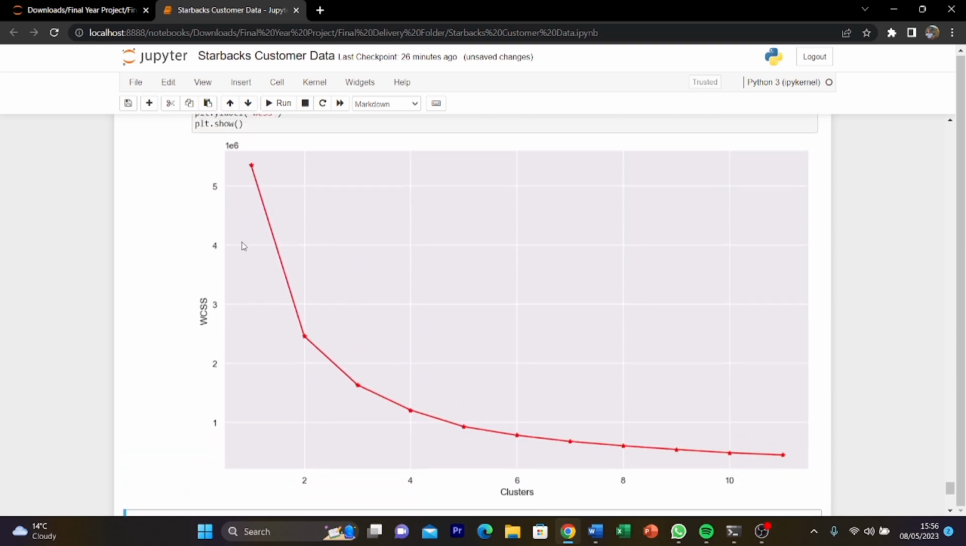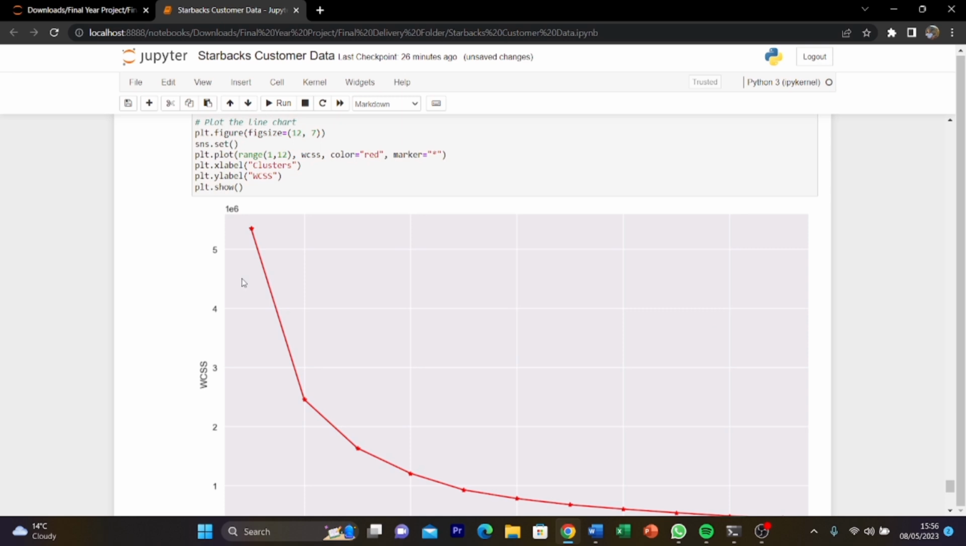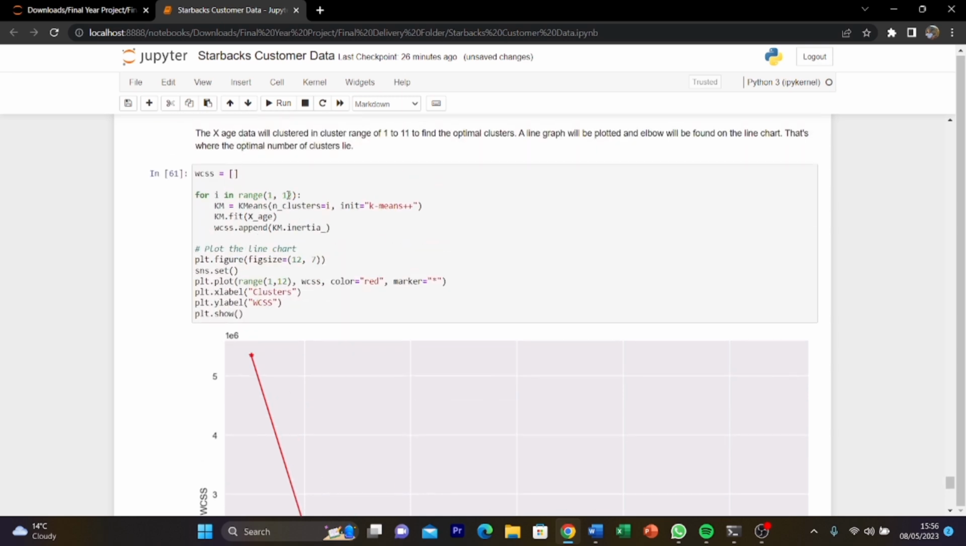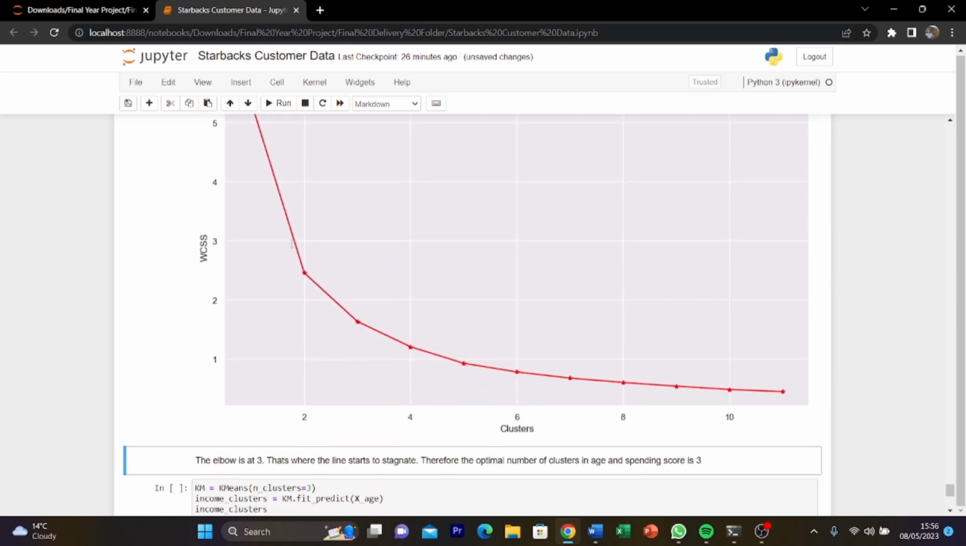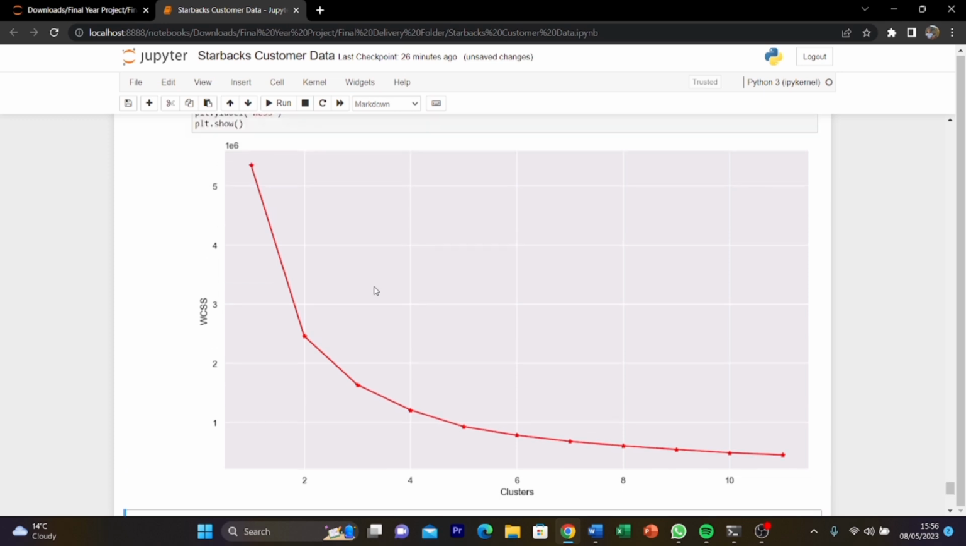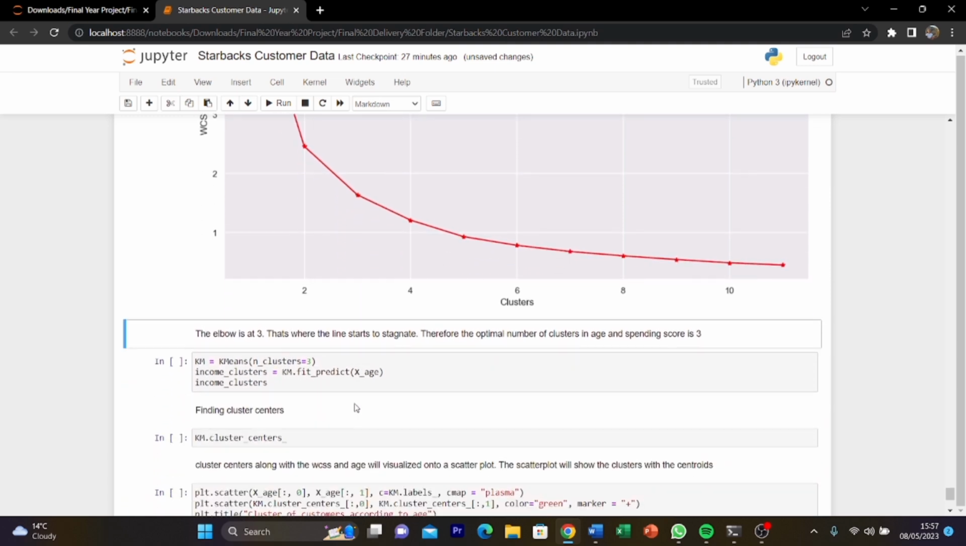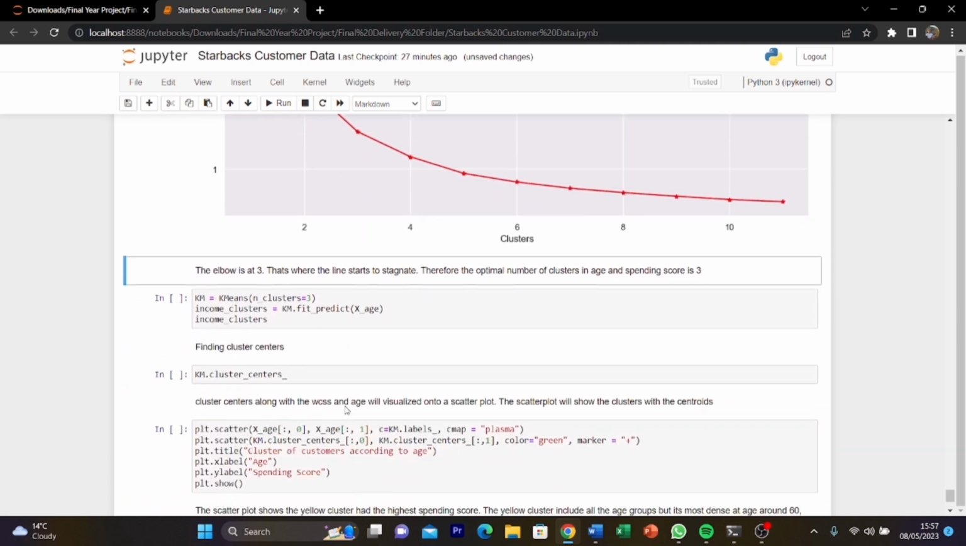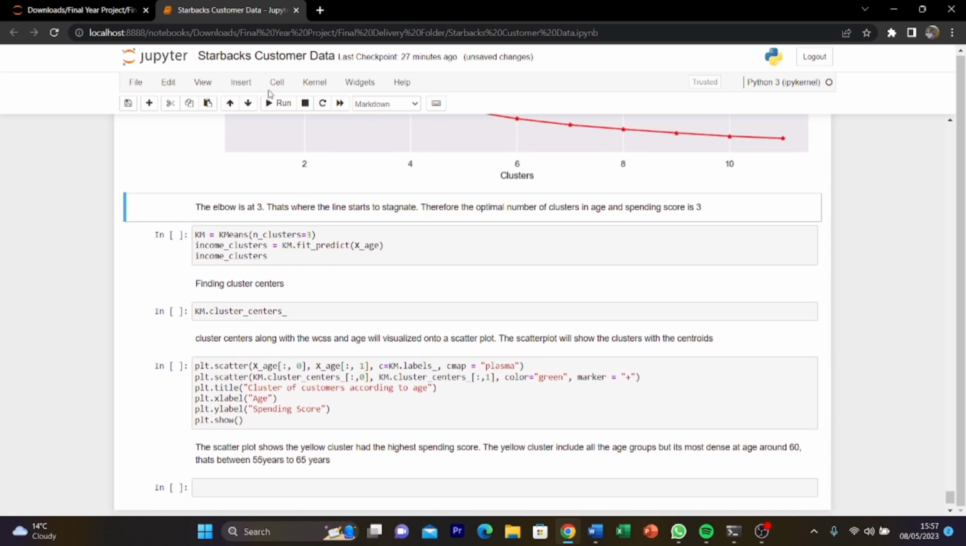Alright, so what we can see here is, again, it's clustered between 1 and 11. That is to find the optimal cluster. This graph is going to show us the optimal number, which again is number 3, as that is where we see the line starts to stabilize. 3 is just about here, so that's where the line starts to stabilize. Again, same method,